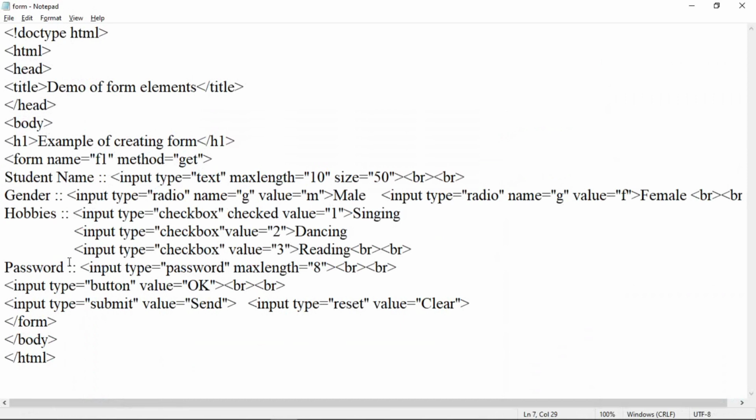You can include different form data also. Instead of the student name, gender, hobbies, you can use a different form also. You can create a login form, feedback form, registration form. In this way, try to execute the different controls that are created with the help of the input tag with all its attributes.